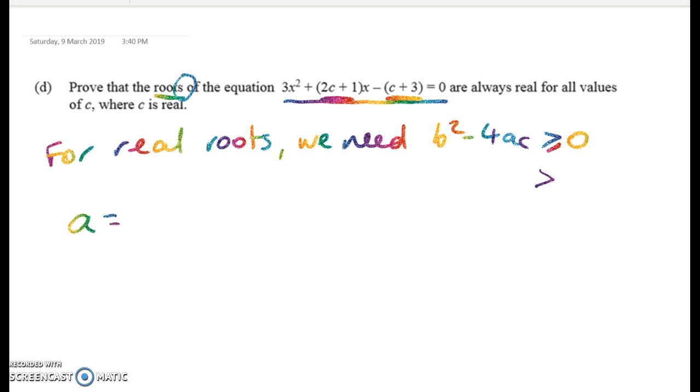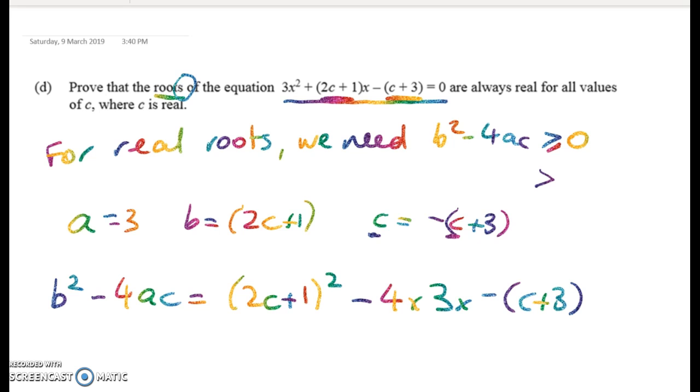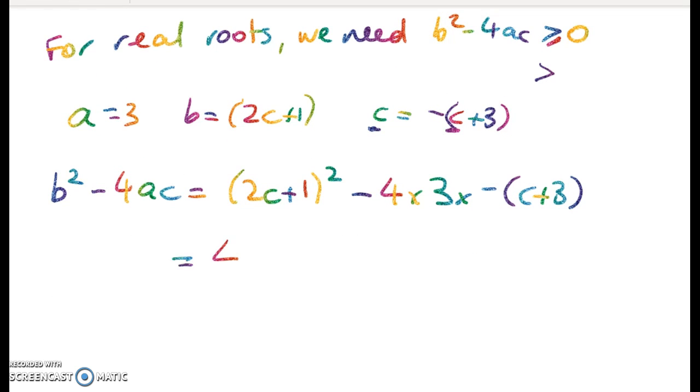So let's have a look at what we need. Well, we've got a equals 3, b is equal to 2c plus 1, and c is equal to, annoyingly, negative c plus 3. So these c's obviously mean completely different things, just to confuse you. b squared minus 4ac is equal to (2c plus 1) squared minus 4 times 3 times (negative c plus 3). So we're going to clean that up a bit. We'll get 4c squared plus 4c plus 1 plus 12 times (c plus 3),